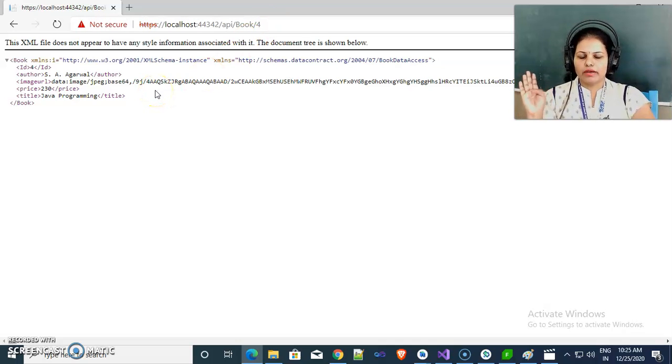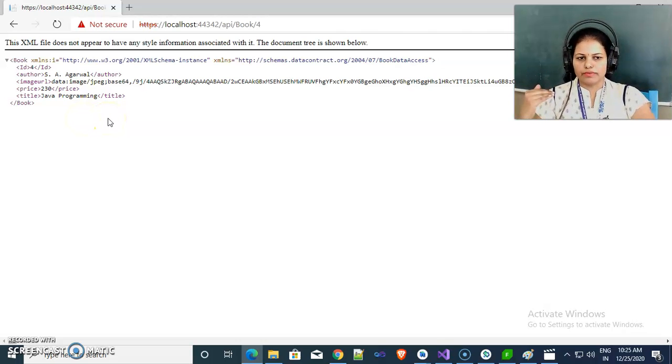So here we are adding a where clause for the ID column, where ID is equal to 4, that particular book I want to fetch. So in this way you can fetch the data with the help of web API